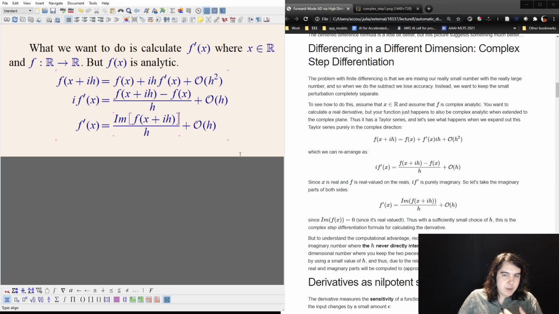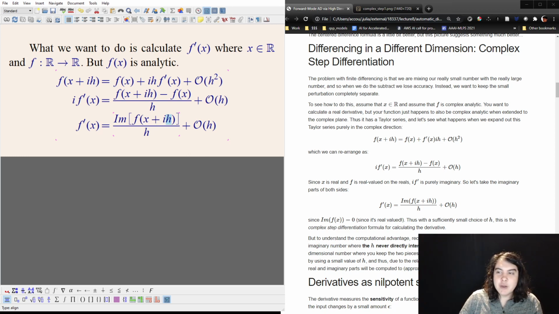So there you go. And aha, this is a formula for the derivative, right? Let's read this off. You take your function f, you put in there x plus ih, you take the imaginary part, you divide by h, and that is an approximation for the derivative. It feels weird, right? But this is the whole proof. If h is sufficiently small, then you put x in there and you add your perturbation in a different dimension in the complex plane. You then calculate f on it and you take the perturbation part, and then you divide by h, and that is a correct